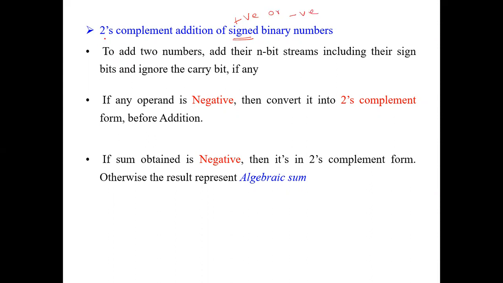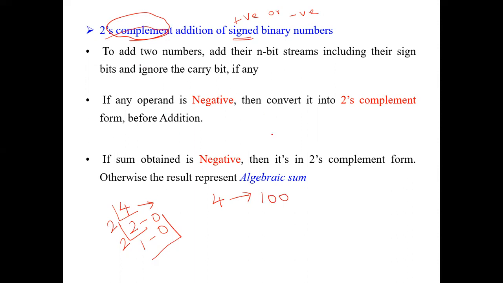So that too, 2's complement addition. What is the meaning of 2's complement? You know how a number is converted into a 2's complement. Suppose, for example, the decimal number 4. How will you write it in binary form? You know the methodology. 2 2's are 4, remainder 0. 2 1's are 2, remainder 0. So you have to write from top to bottom. The decimal 4 is equivalent to 100.